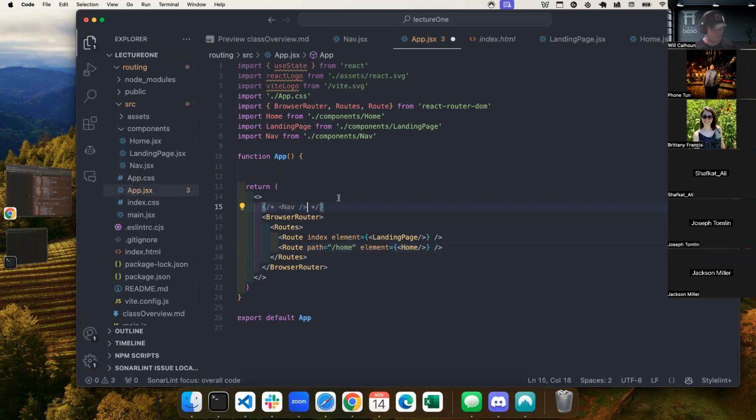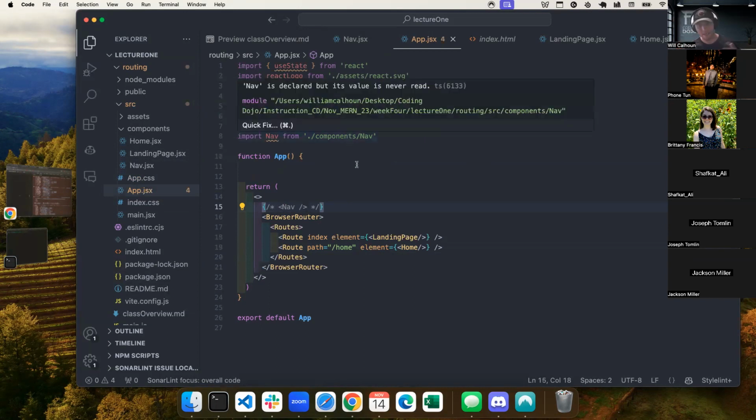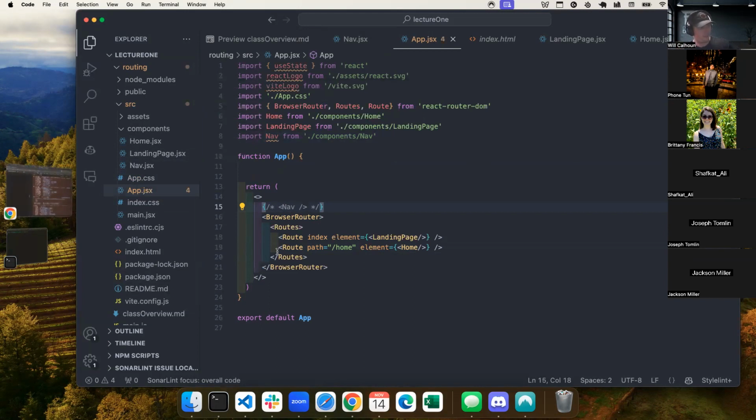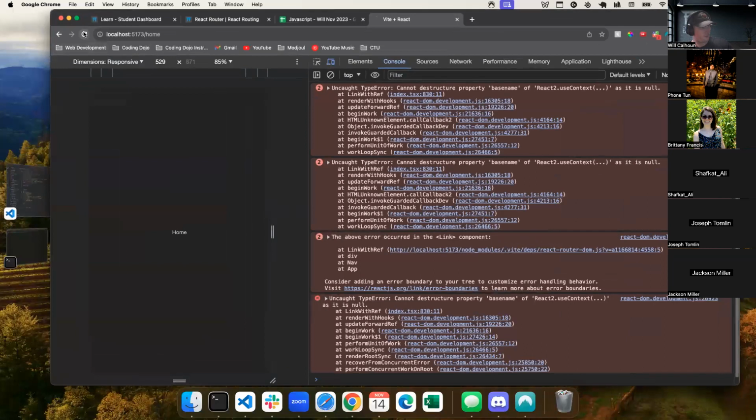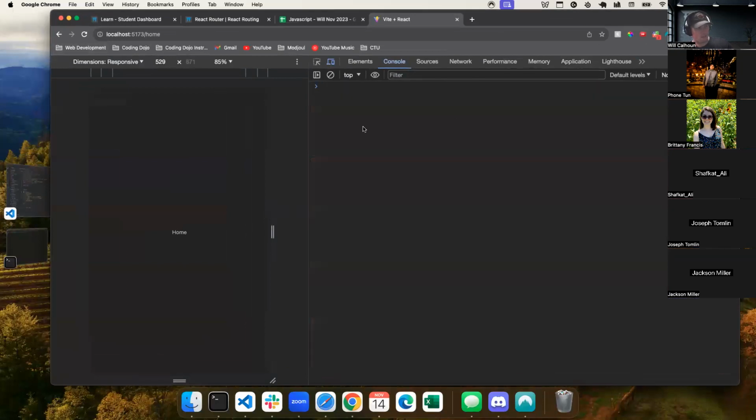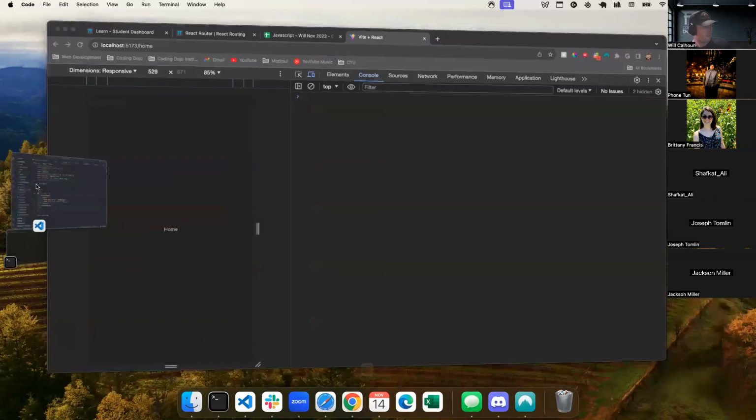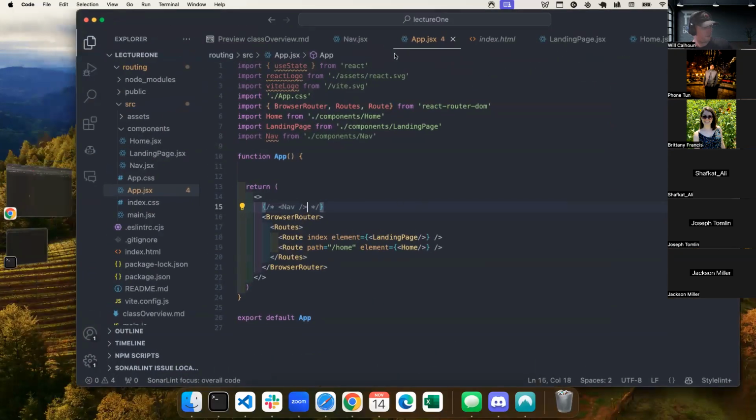So here's what I would do if I were you and I get into this. I would say, okay, let's identify where this error is. Is it in my nav component? Is it in my other component? Okay, so now it's working, which means that it's in my nav component, which means it doesn't like something within my nav component. So let's head there.